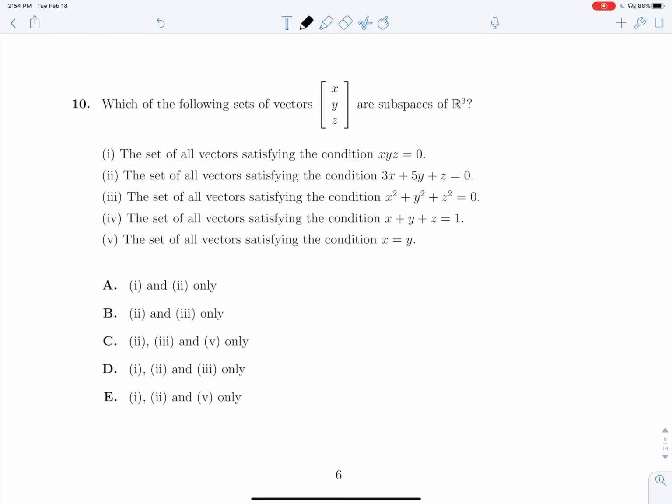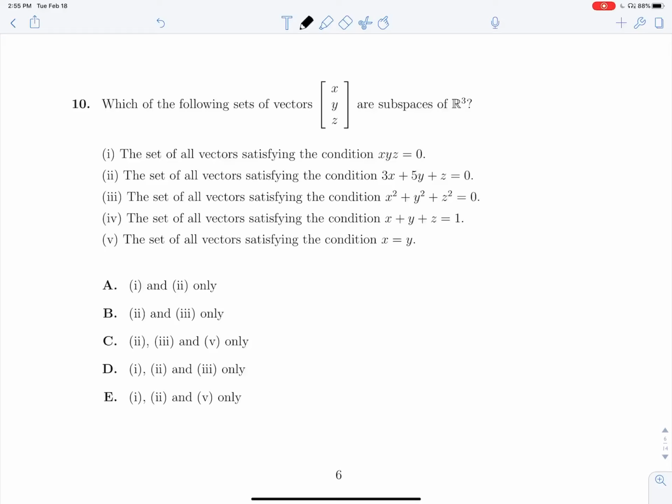Well, we know that to be a subspace, we have to be closed under scalar multiplication and vector addition, and we also have to include the 0 vector. Well, this clearly does include the 0 vector. In fact, this obviously includes the 0 vector, because we can just choose 0 for x, y, and z, and then we are at that 0 position. But if we actually think about what the graph of x, y, z looks like, it's